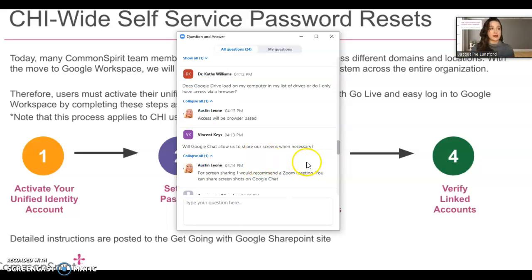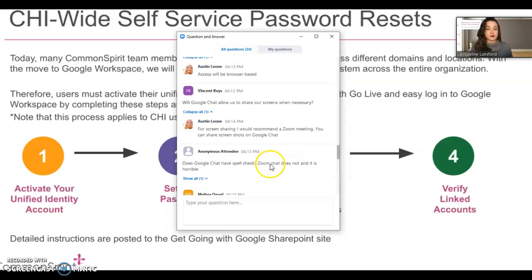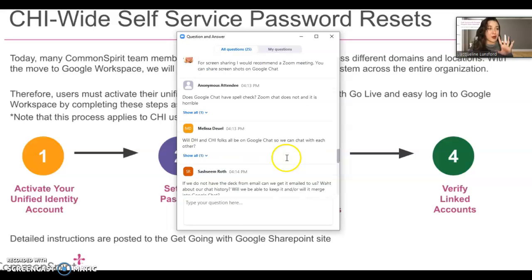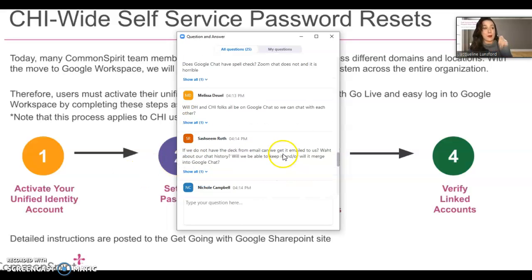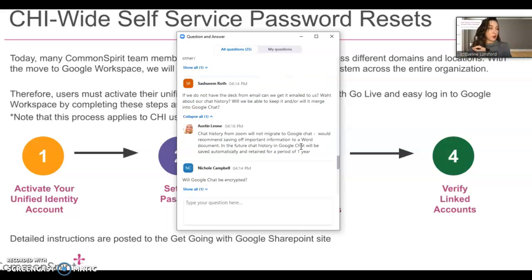It'll say, go complete this. You can complete it, but it might take a few hours for the SSPR to take effect in the system. So you could get locked out of your email for a while. So it is so important that you get this done. You're only going to have to do it one time. But make sure you get this done before you try to log into Google. We've already communicated with the users who this affects, who are in ITD, so the people who go live next